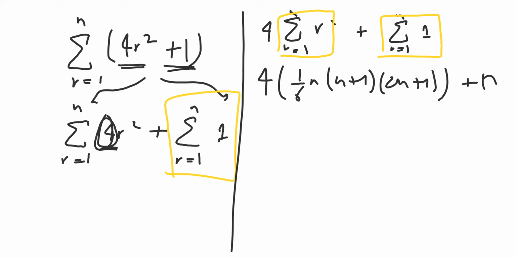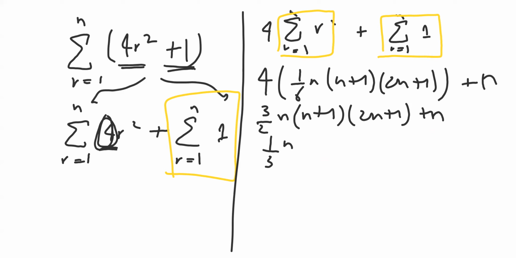Now what we're going to do is we're going to simply simplify it, जैसे हम लोग एक algebraic equation को simplify करते हैं. So we multiply our brackets, so we get 3/2 n multiplied with (n plus 1)(2n plus 1) plus n. Then you take your 1/3 n common and you multiply your 2n side, (n plus 1)(2n plus 1) plus 3. And then you simply end up with 1/3 n